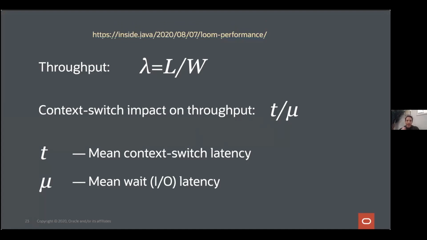I.e., if the average wait time for I/O is 4 microseconds, which is about the fastest latency for an I/O device we have now, then even if the context switch is 200 nanoseconds, as opposed to 0, as we said before, reducing it to absolute 0 would only buy us a 5% improvement in performance, compared to 100% in the generator's case.